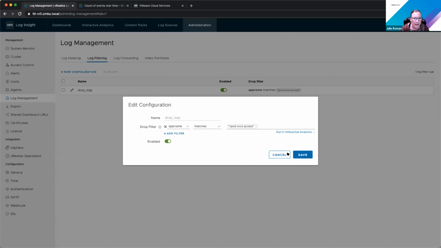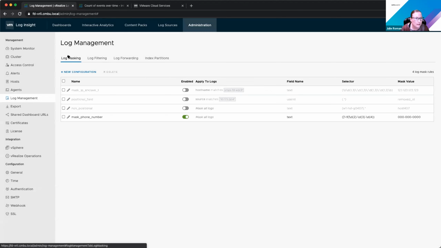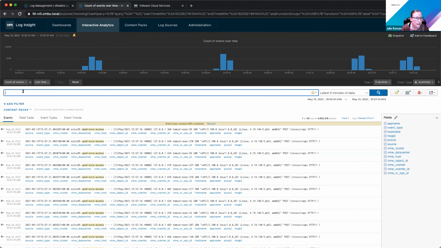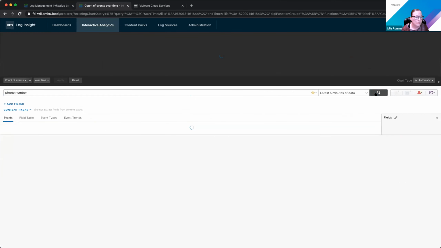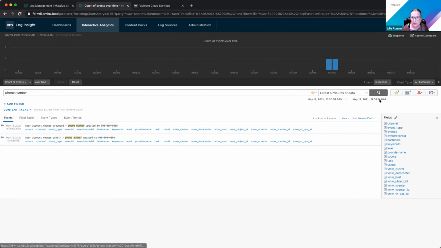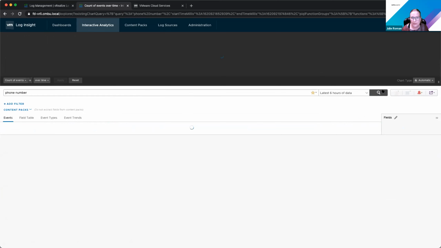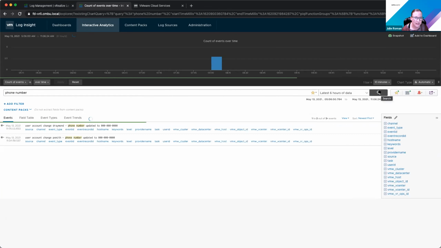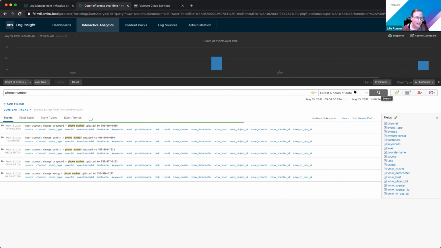And then we also had this log masking of a phone number. So if I come back over here, I'll see the phone number is coming through and it's masked, and just to prove that it wasn't previously, I think I had it within the last 5 hours. Notice before, these logs were coming in with that phone number field unmasked. So it's just some validation on our log management.